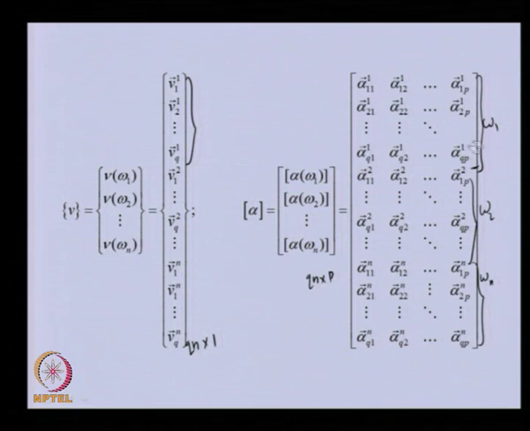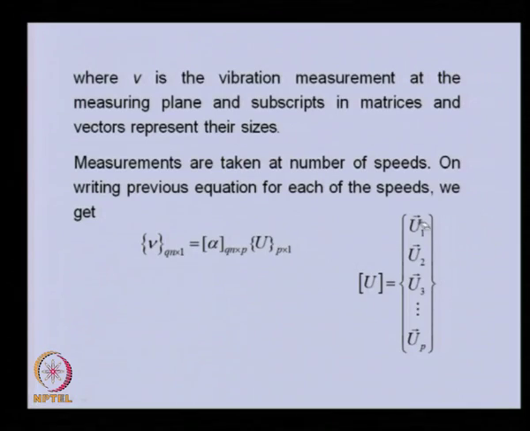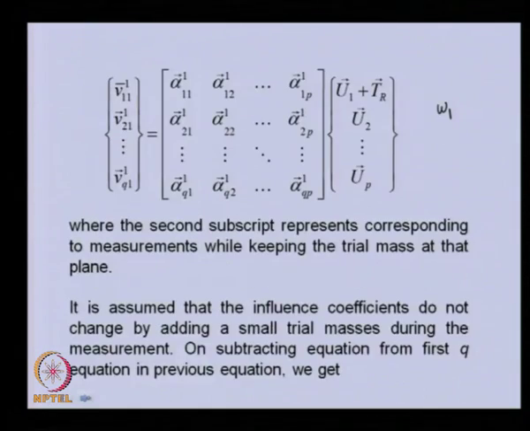They change only with the speed, but if we keep some small trial mass, we do not expect that they will change. So, this particular first set of Q equations of this one, in which we have only the residual unbalances, we are taking that expression and this expression. Basically, we are subtracting the first set of the previous equation from this, and if we subtract it, we will see that